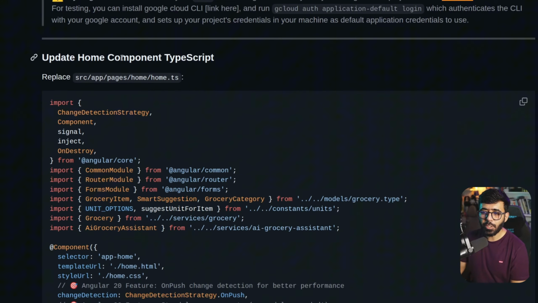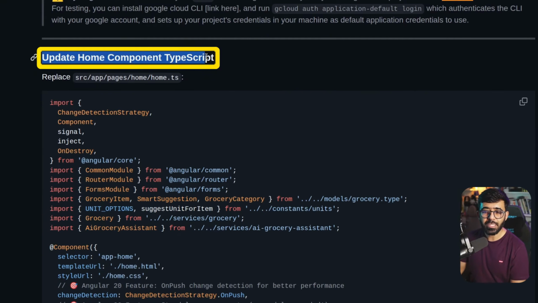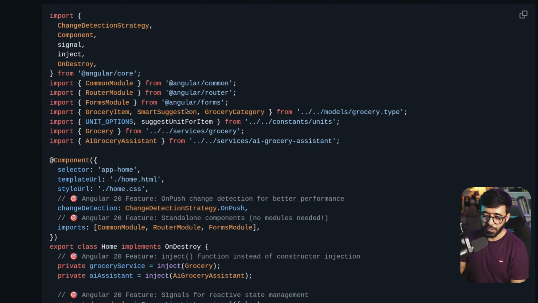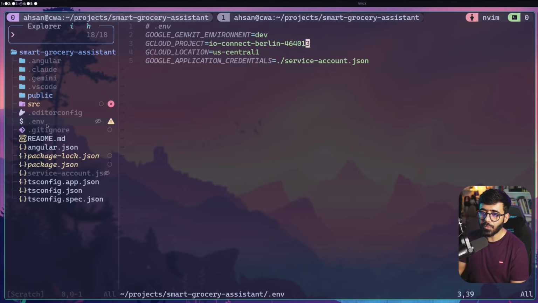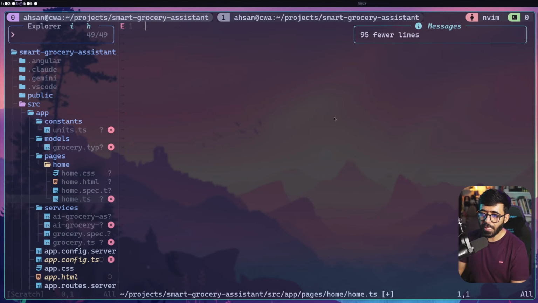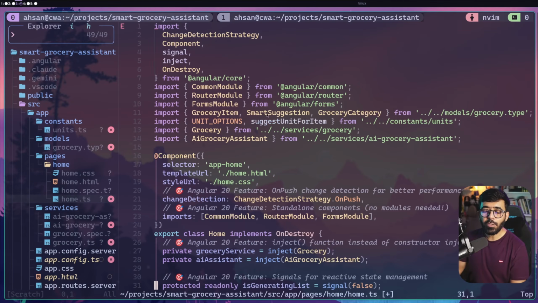If we scroll a bit down, we can now see the update to the home component TypeScript. So I'm going to update a few things here, which will implement the new features. I'm going to quickly go to my source code and go to source home TS right here. I'm going to select everything and replace this. Now this file is huge, so I'm not going to go through everything,